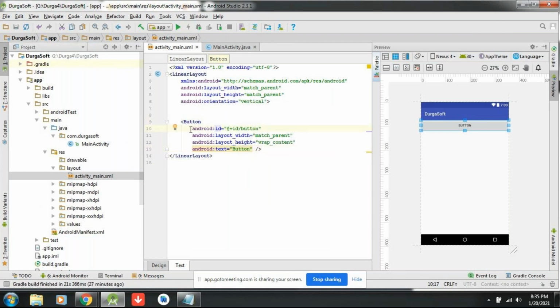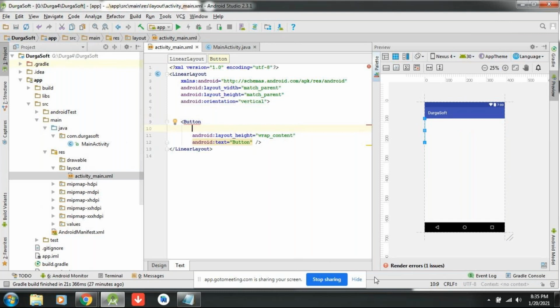ID. So I am using the attribute method. I'm using the attribute method to handle events. In that case, I don't require the ID property for the button, but the button must have the width property. Let's say if I remove the width property, it is showing an error for me. So what kind of error will it show for you?